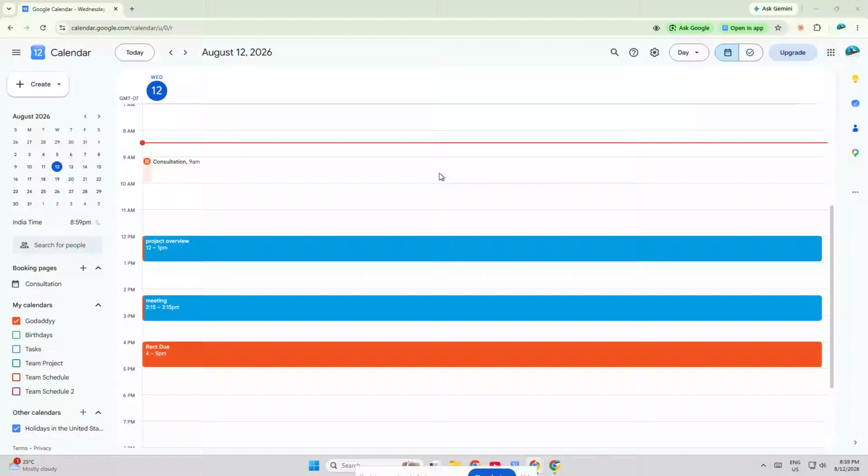If you've ever wanted to change the name of a Google Calendar, whether it's for work, school, or a project, or just to keep everything more organized, this video is going to walk you through the process step by step. It's a super simple change, but knowing exactly where to click can save you a lot of time, especially if